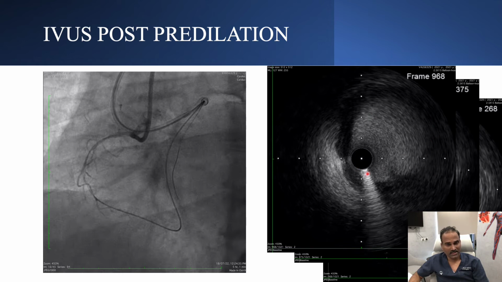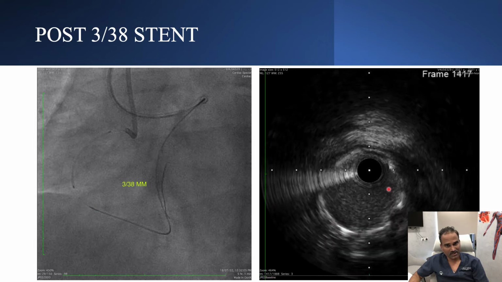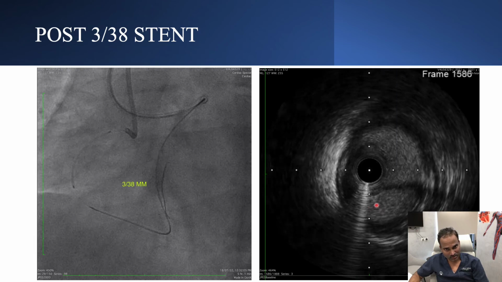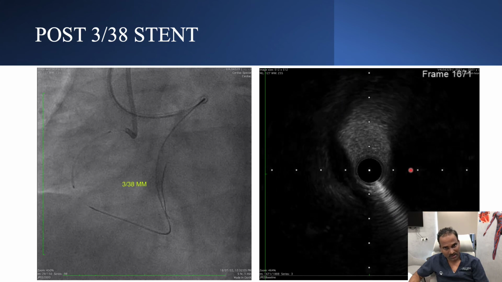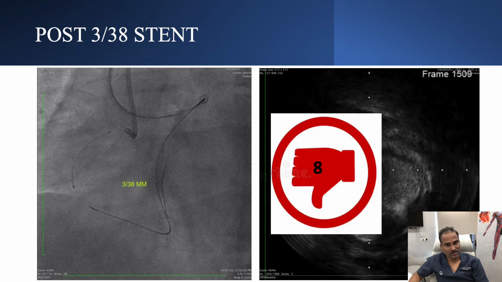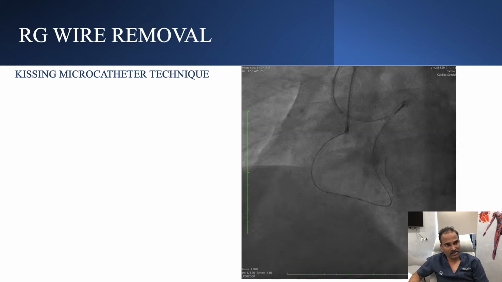So we created a small false lumen at this area, and we wanted to land exactly at the ostium. So we sized according to IVUS, and then we stented with a 3.38 mm stent. But you can see post stenting, this is the proximal edge of the stent. Beyond the stent there is a block, and there is also a lumen. This is a true lumen which is compressed. So yeah, we missed the proximal landing zone. So this is the next hostility I had, and then I took another 3.5 by 18 mm stent and deployed it,